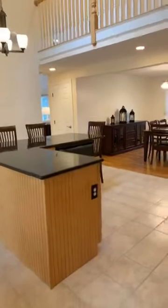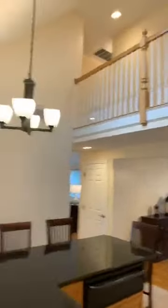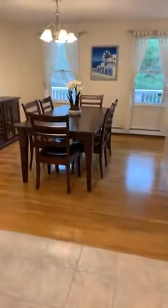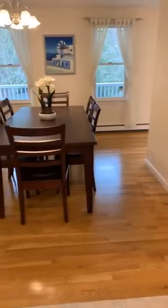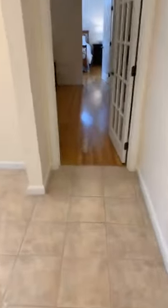And this is all open to the upstairs, really high ceilings with skylight. The property has hardwood floors throughout, except for the kitchen that has tile, the bathrooms that have tile, and rugs in the upstairs bedrooms. So I'm gonna take you to one of my 2 favorite things of this home, is